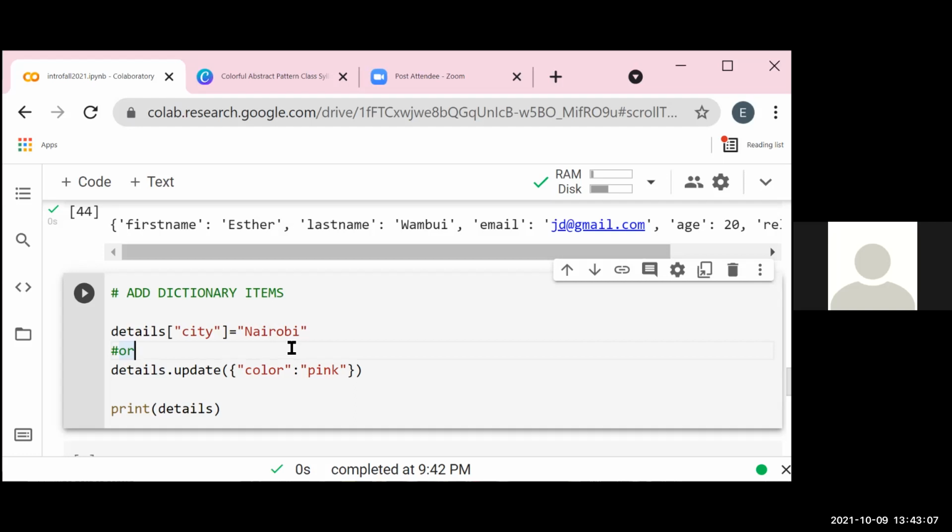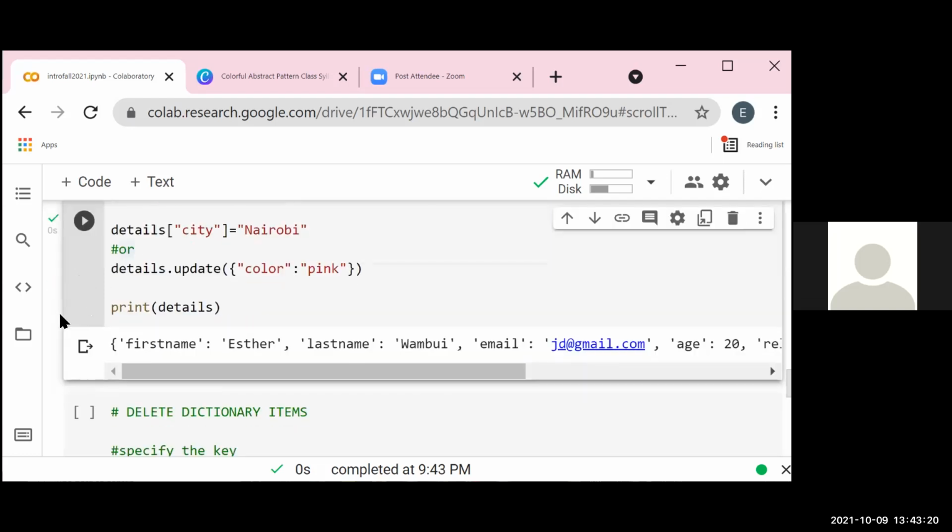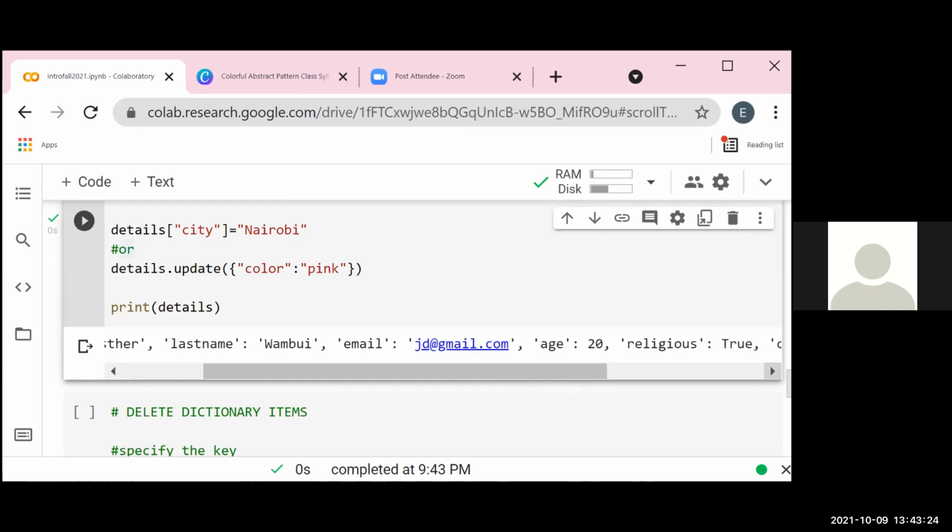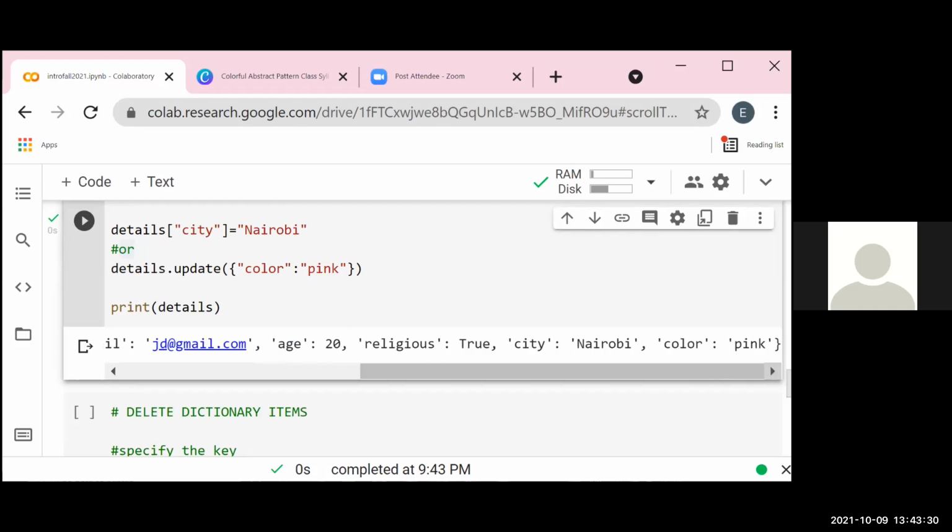Or, still using the update method, we can create another key value pair, color pink. So if we run this, let's scroll to the side to see whether items have been added. So city has been added and color pink has been added. So that's how we add or update a dictionary.